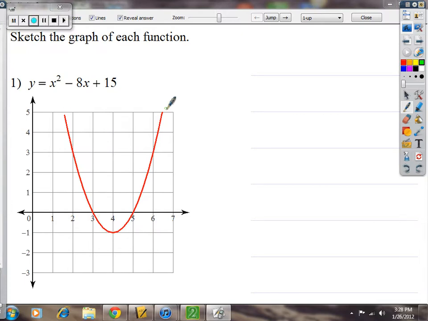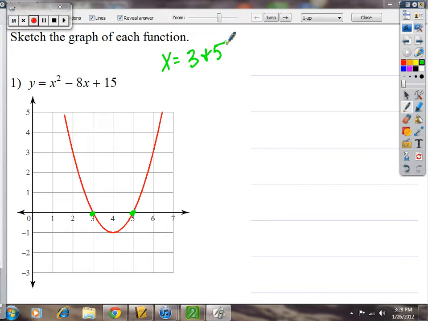So what we're trying to show you is the graph gives you the answers. If you've got a parabola, it's going to go through the x-axis right here at 3 and right here at 5. So we're saying that your solutions are x equals 3 and 5,